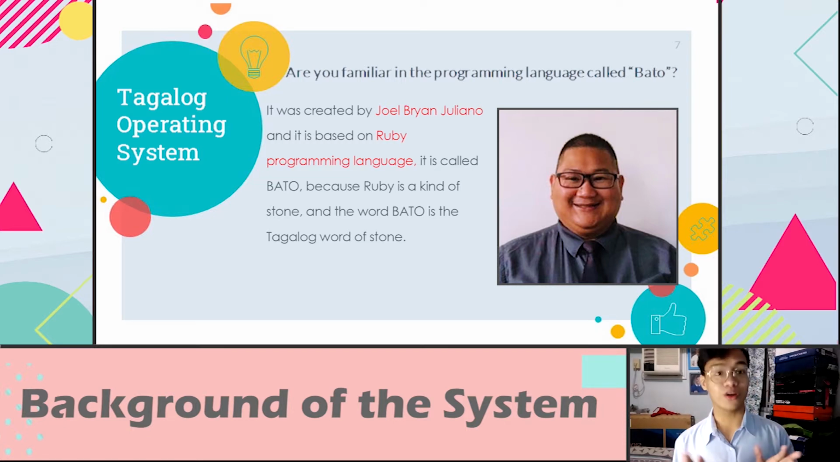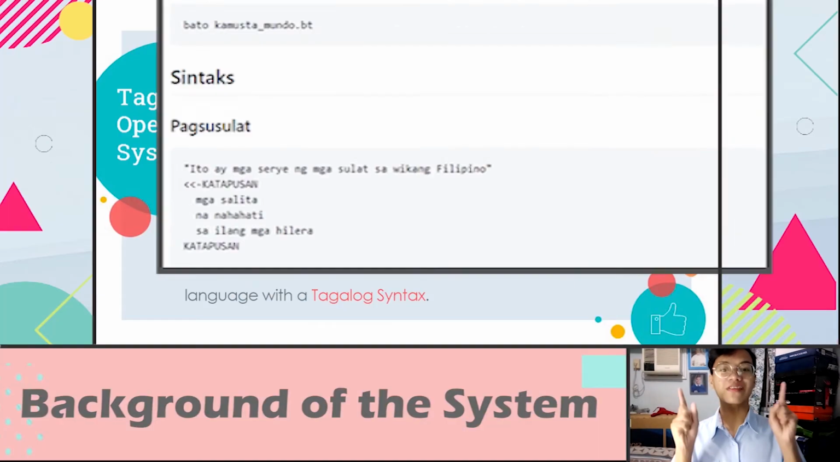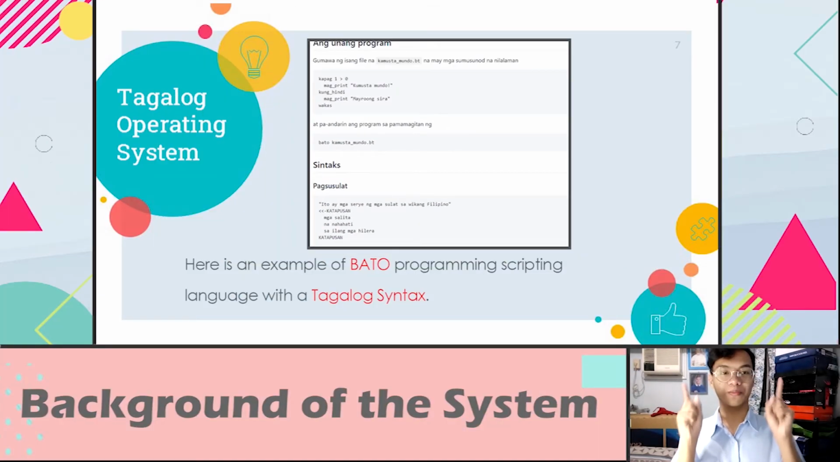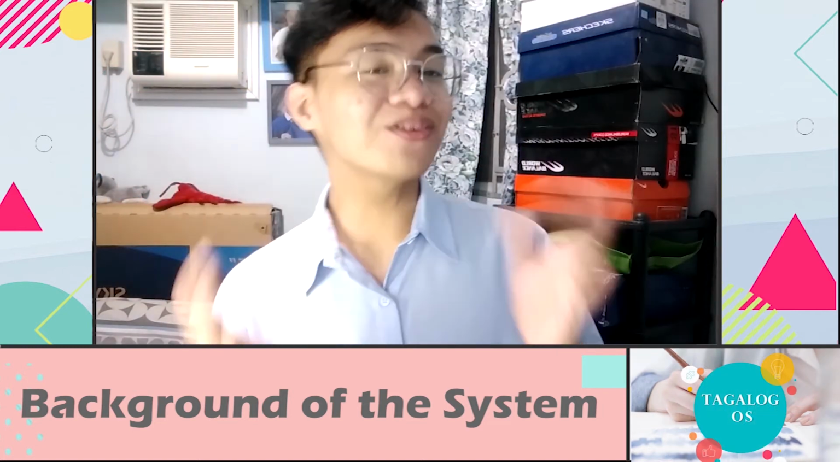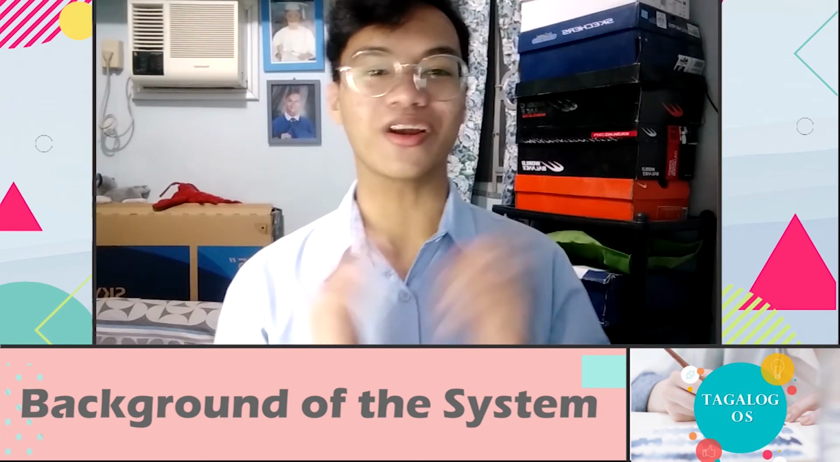It is called Bato because Ruby is a kind of stone, and the word Bato is the Tagalog word for stone. Here is an example of the Bato programming scripting language with a Tagalog syntax. Now that you know something about it,